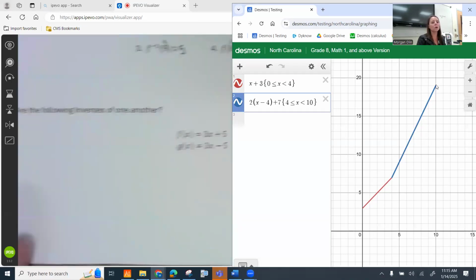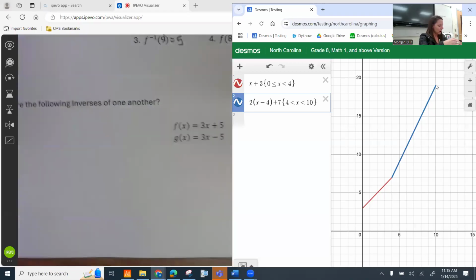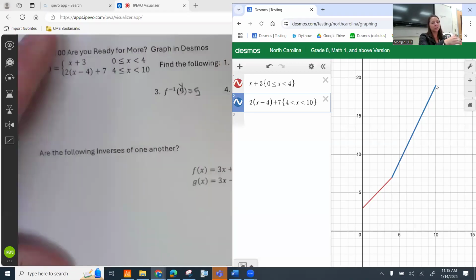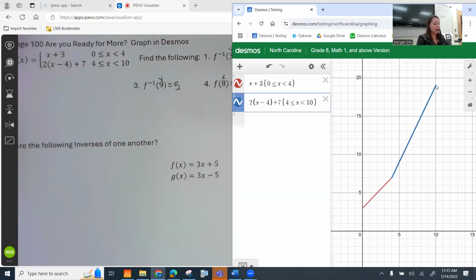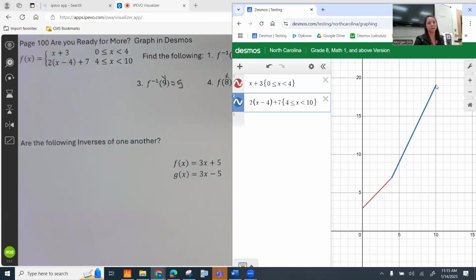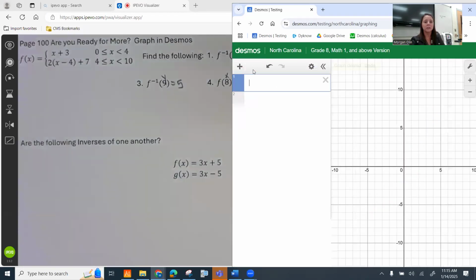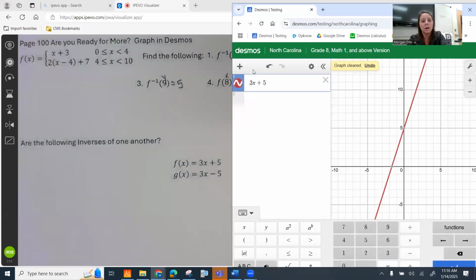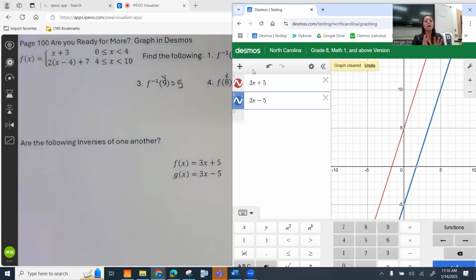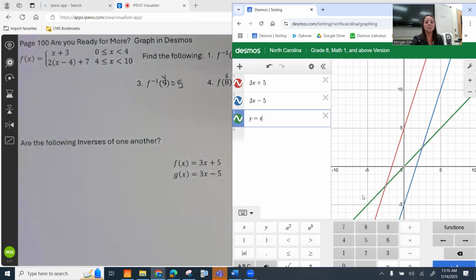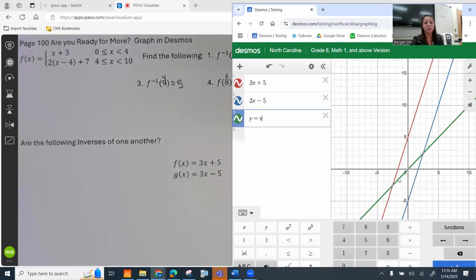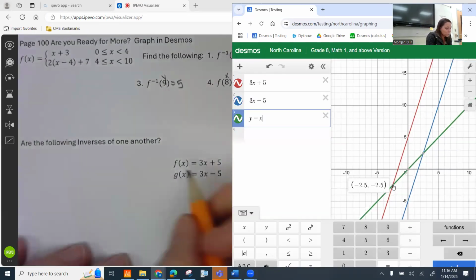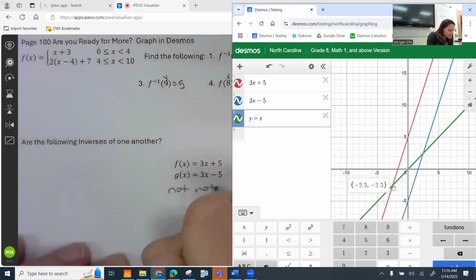All right, and I have one more question for us. All right, are the following inverses of one another? Basically everything we've done today, how can you tell? All right, there are 2 methods. All right, you can graph it, 3x plus 5, all right, and 3x minus 5. What must they reflect over? The line y equals x. Well, here's y equals x right here. Do these reflect over it? No. If they're going to intersect, all 3 of them are going to intersect in the same place. So no, not inverses. And make a note, does not